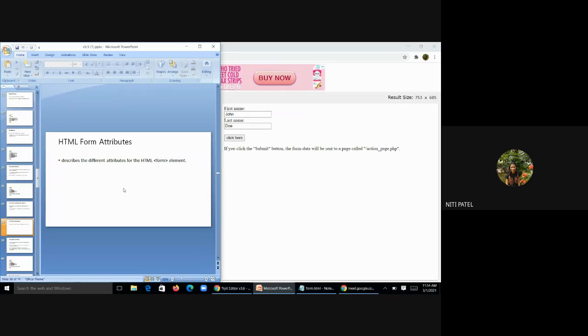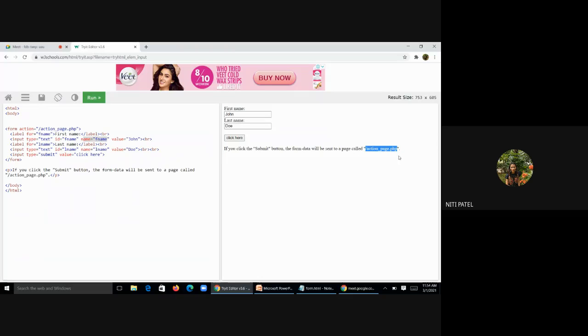I specified it in the form tag with an attribute called action, and what is written in front of action is nothing but the server side page. That can be anything. For right now, in my code, it is action_page.php. So what happens after the form is submitted? This page, which I have written in front of action, is going to show me the data that has been filled in by the user.